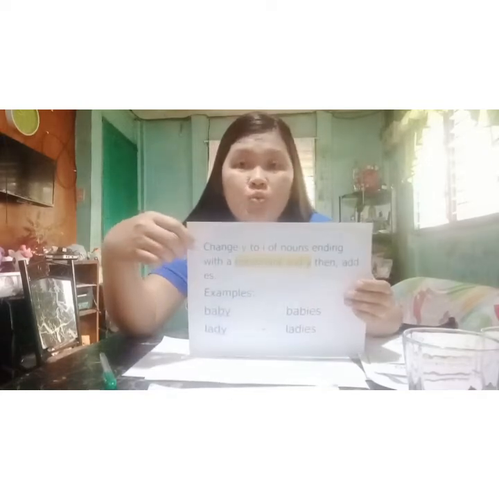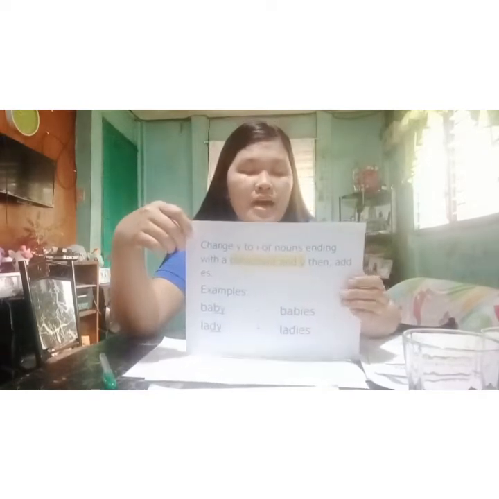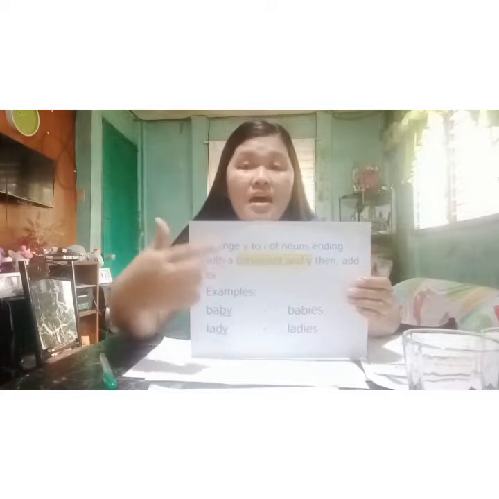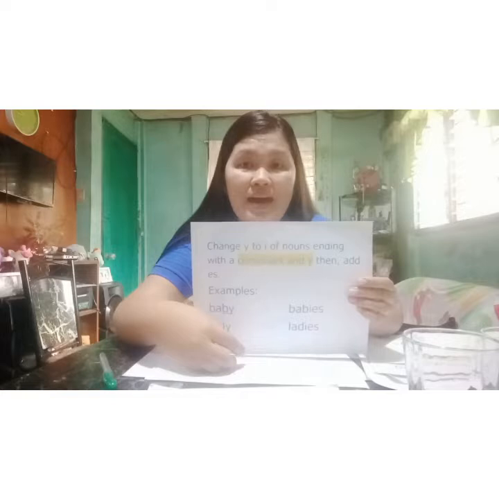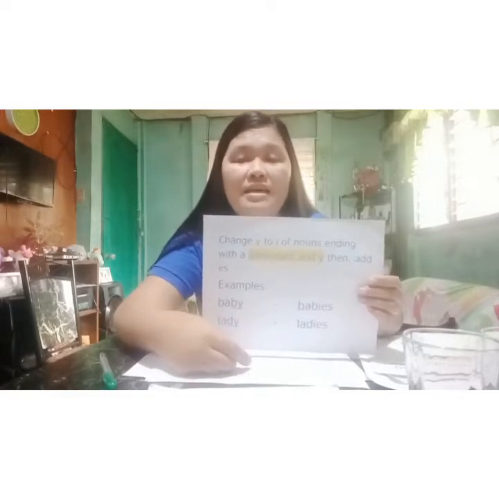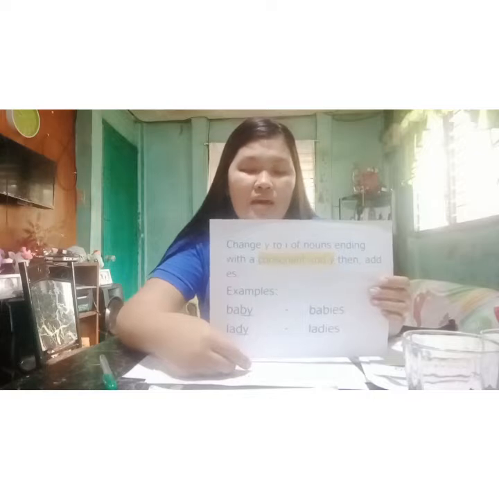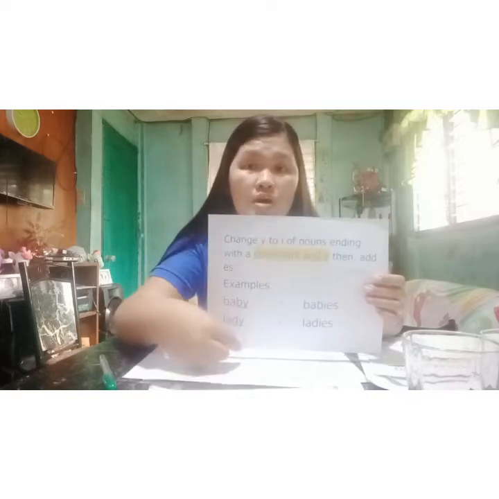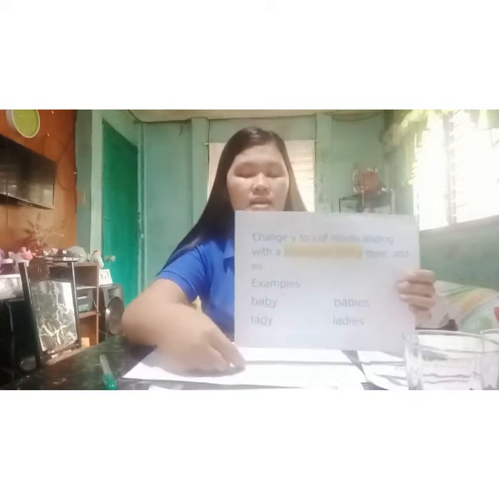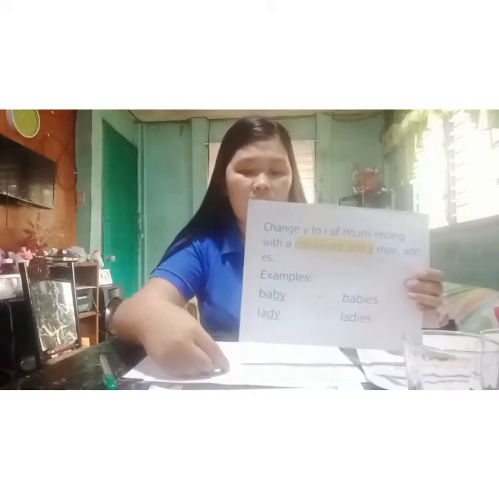Next, we change Y to I for nouns ending with a consonant and Y. Then we add ES. This is change Y to I and add ES. If the noun ends with Y preceded by a consonant, you have to change Y to I before adding ES. Examples, we have here